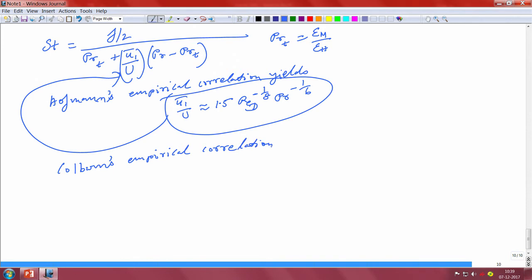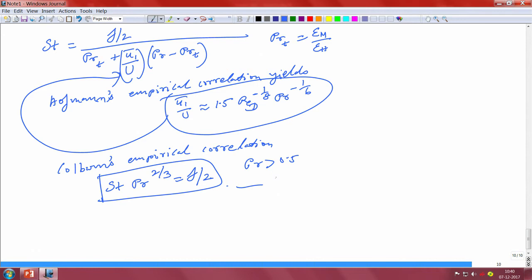Okay, Colburn's empirical correlation, which tells you that Stanton number times Prandtl number to the power 2/3 is basically equal to f by 2 rho, and it holds for Prandtl number greater than about 0.5. Okay. So what we can do now is use different equations like 8.29. Of course, this is from the book, equation 8.29, but using this equation, let us call it B,